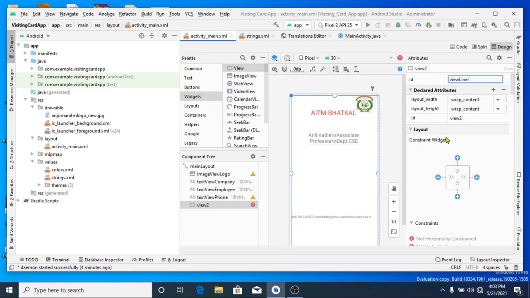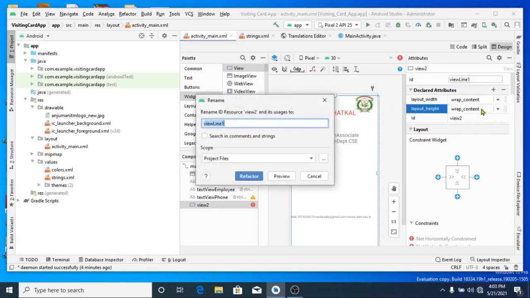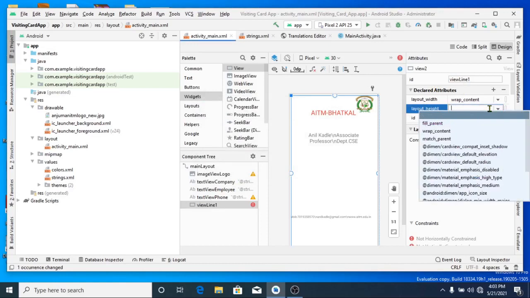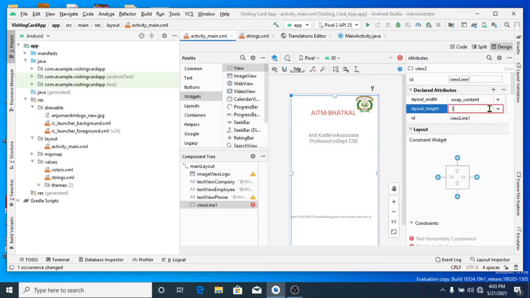Now, first thing is you have to set the height of this. This has become a square box. Let me change its height. Okay, I'm changing the ID. Coming here, I set layout height, I will just make it 1 dp. Type 1 dp.